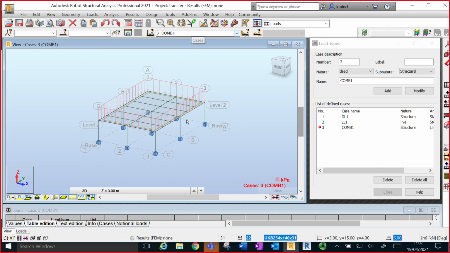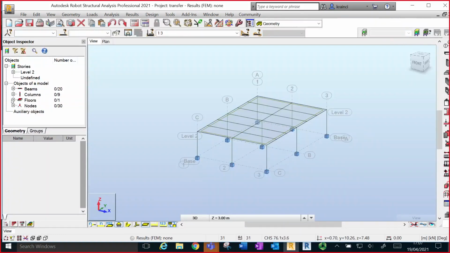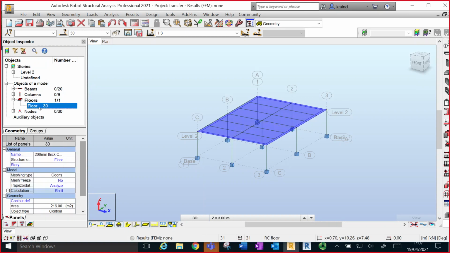And so before we do the analysis, we need to make 2 changes to our model. One of these will be in the slab calculation model. So if we go to geometry, and you select the floor here. Click on floor 30. You see the calculation model is shell. So it has certain assumptions, but we want to use the one-way spanning slab